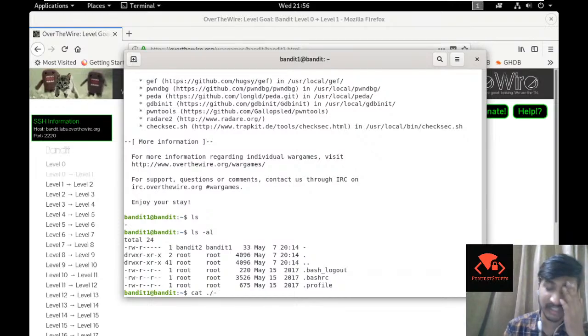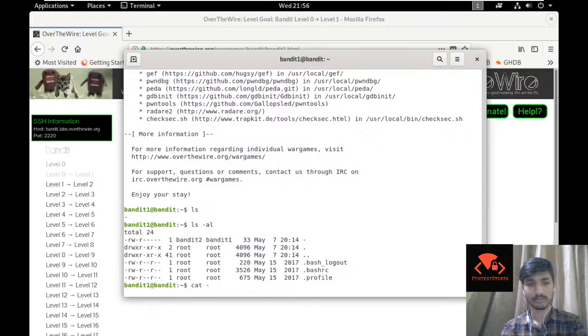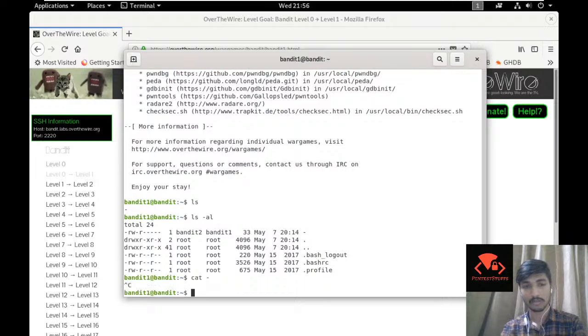Okay, the catch in this challenge is that if you enter just cat dash, nothing would be returned, because you cannot cat an entire directory. So to read this file, you need to cat ./